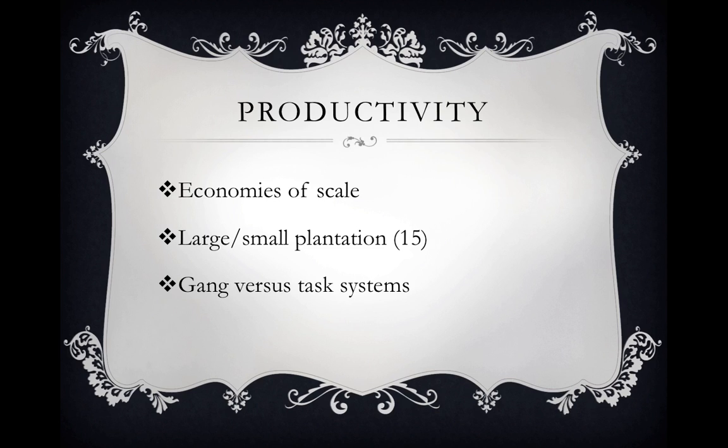So realize the difference between those two systems. Task system, you are given a specific job to do. It has a high degree of managerial control, but it is not a very efficient system. It's not relatively as efficient as the gang system. A gang system, you have a large workforce that goes out in the area to do that. The benefit of it is greater efficiency relative to the task system, but it lacks elements of managerial control.